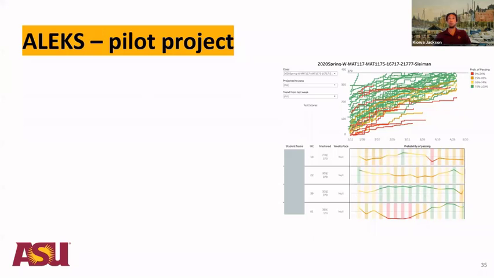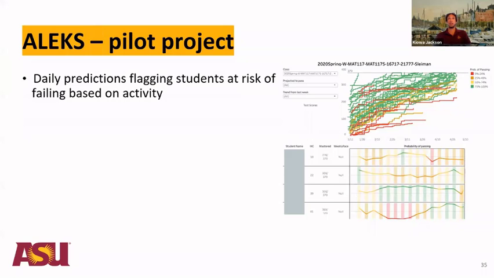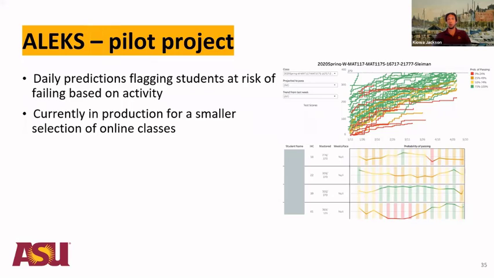So ALEKS is a pilot project that we did. It's daily predictions flagging students at risk of failing based on their activity. It's currently in production for a smaller selection of online classes. But the idea is to use that to guide intervention, so they can reach out to students who maybe haven't logged in a while, or who start leveling off. They start strong and then start leveling off, and hopefully the model picks up on that and flags them as